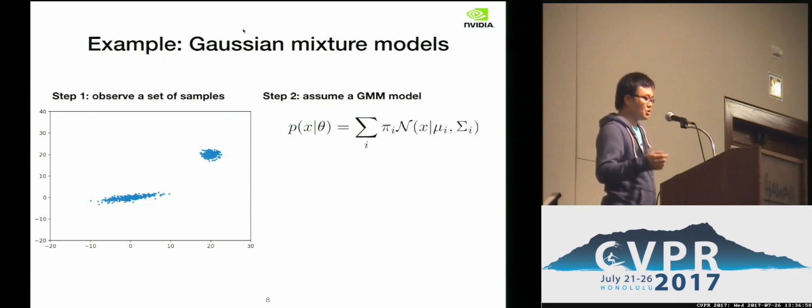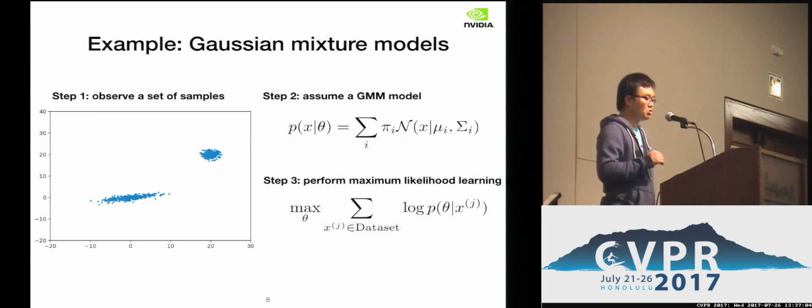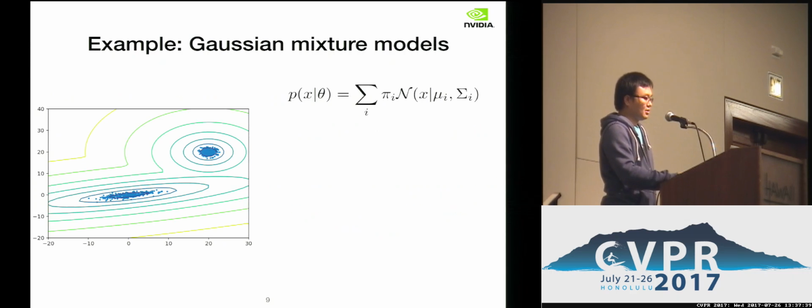Now, this theta can be any arbitrary value. To learn the value that's relevant to our data set, we do model fitting. We do maximum likelihood learning. So basically, given the data set, we want to find the parameter theta that can explain the observations well. Mostly, we'll assume the samples are gathered IID, in an independent, identically distributed fashion. So we can decompose the data set into individual samples and maximize the sum of the log likelihood function. From this approach, we learn theta, and with this theta, we basically have our model.